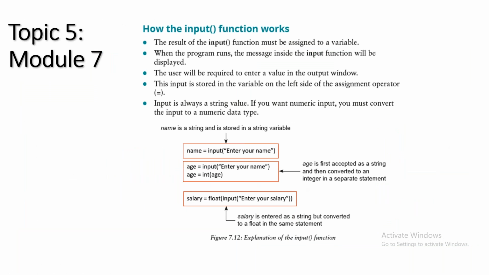Also in topic 5, to end off, even though it is a function, students have to understand how to get input from the user. So we explain in great detail how the input function works, give them examples, and then they can create simple programs where you get input from the user, and based on the input, you do something. So module 7 is all about data, variables, getting input, displaying output, and it's just sequential programming. That is module 7.